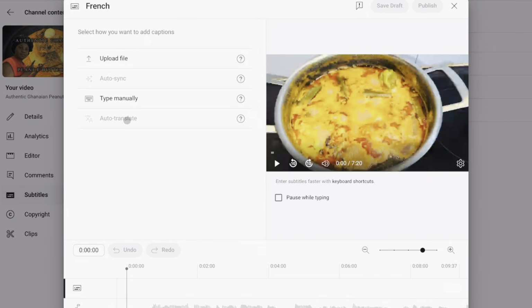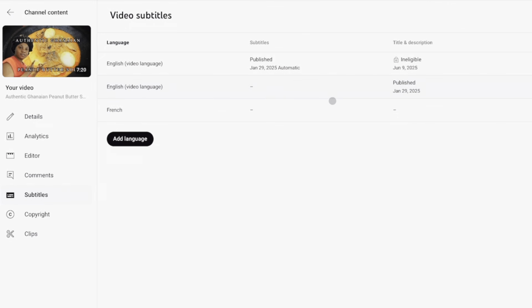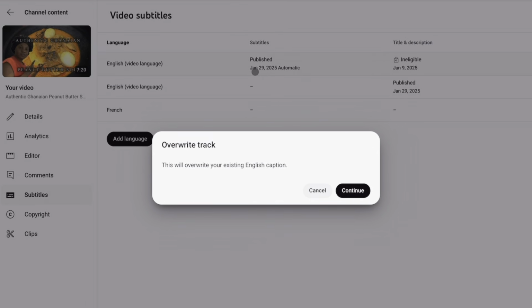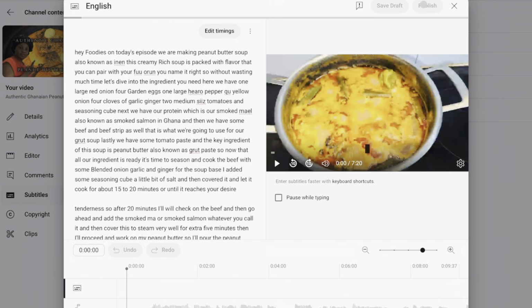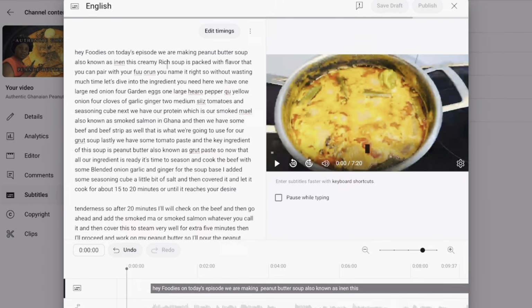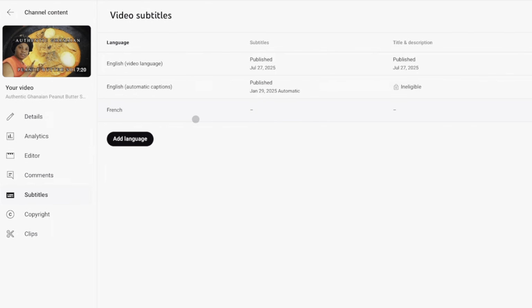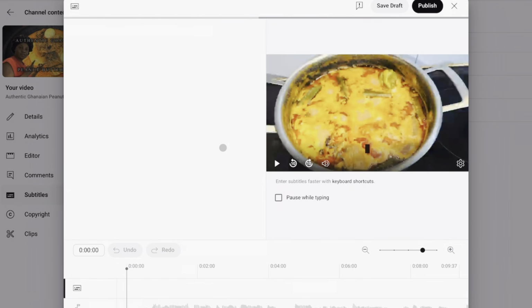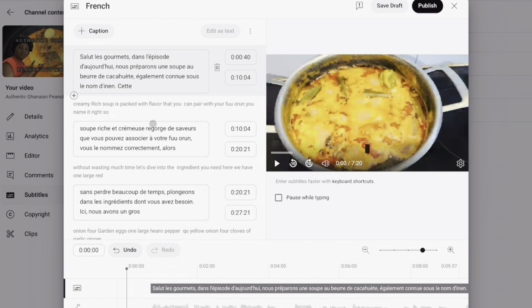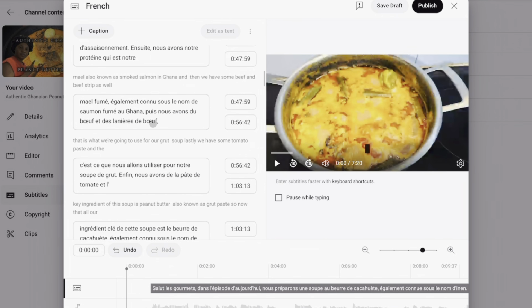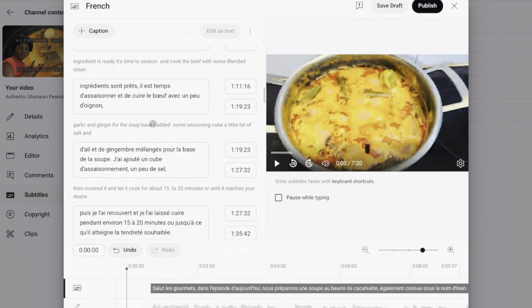If that happens, don't worry, just go back to the English captions, click on the pencil icon, and then hit publish. That activates the auto translate for the other languages. Now let's go back to the French option, and the auto translate button should now be active. Click on it. YouTube will automatically translate the captions into French for you, and once that's done, hit publish,